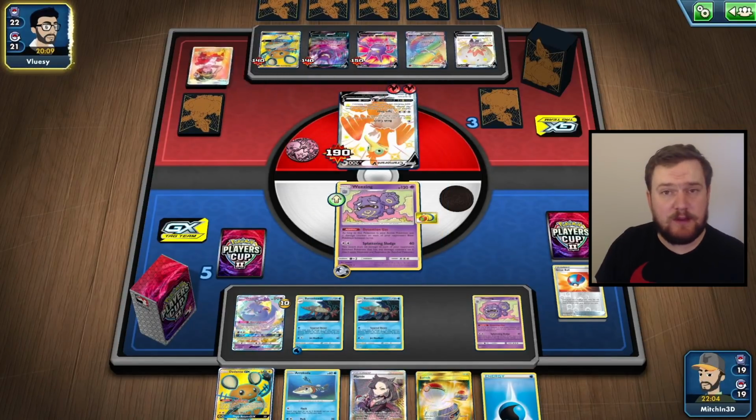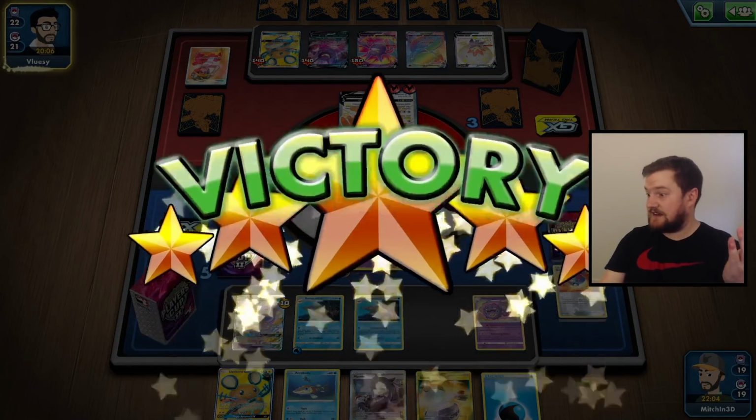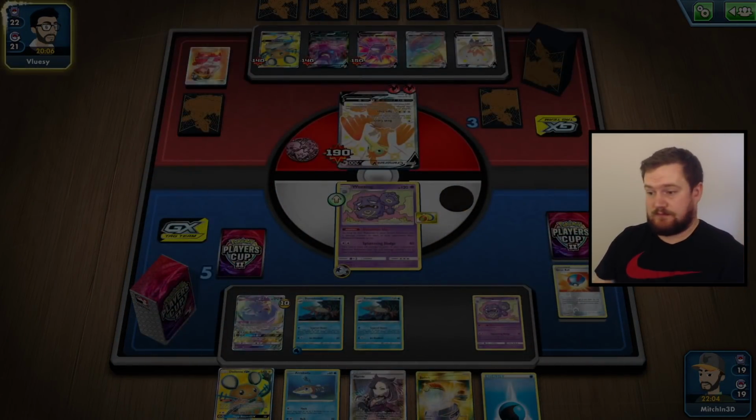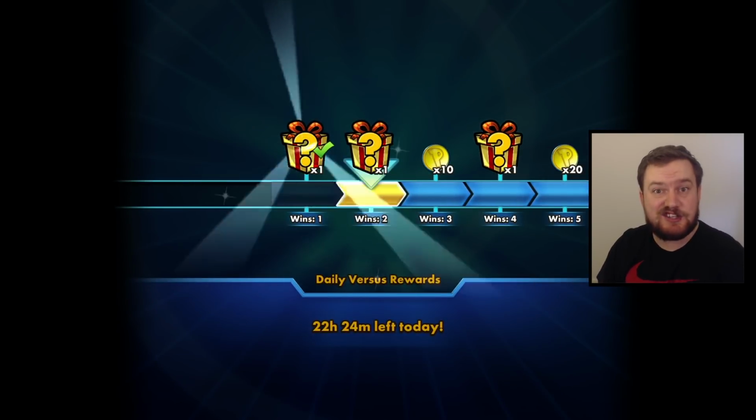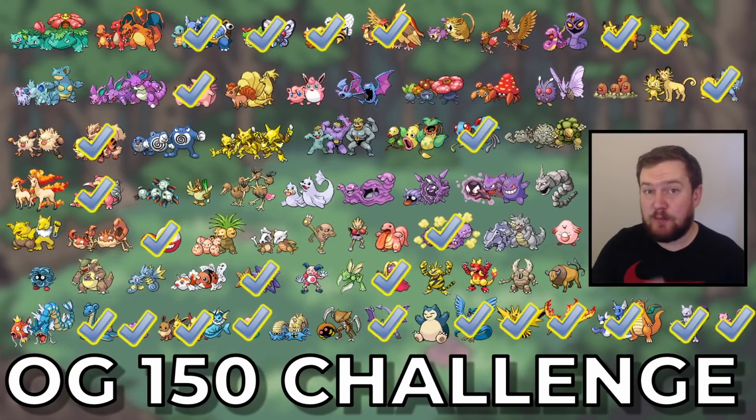Okay, I think we're going for a win with just... Okay, well, they just decided to concede. Fair enough. Didn't even see the title Pokemon there, but you can see how good this deck is, right? It actually works. So there's one more Pokemon knocked off the OG 150 challenge. Weezing has been ticked, and we are getting very close. I think we're almost halfway there. I mean, it's kind of hard to tell, but...